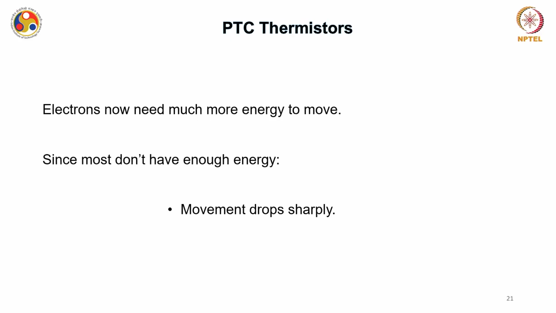Below Curie temperature, small barriers were there, which means the electrons were crossing easily, while above Curie temperature this barrier height is very high, and for an electron it is now nearly impossible, or very difficult, to cross these straits. So electrons now need much more energy to move beyond these grain boundaries, and since most do not have enough energy, the movement drops sharply,